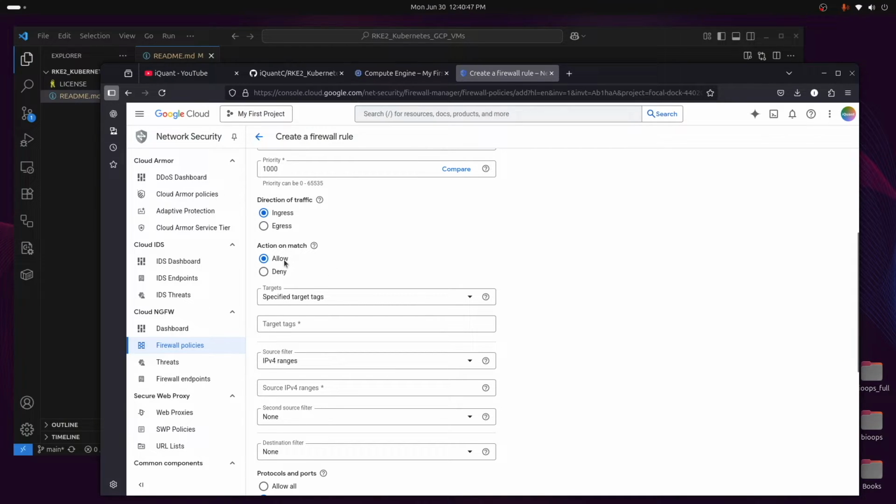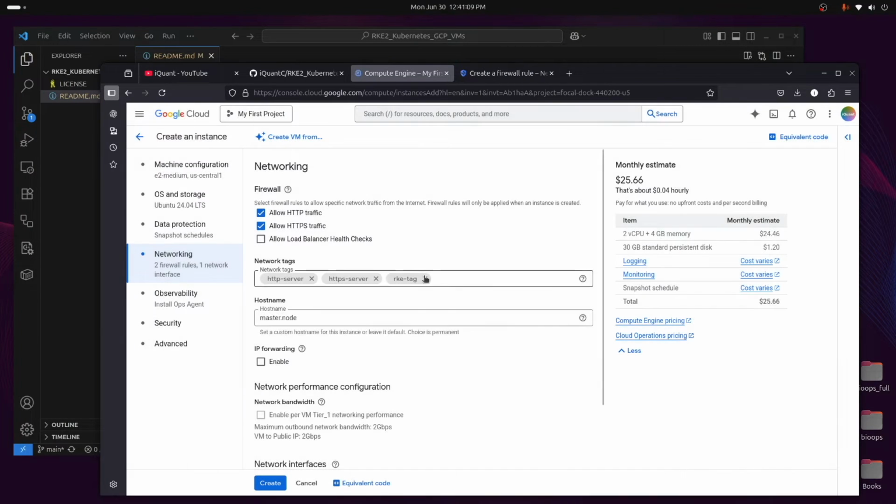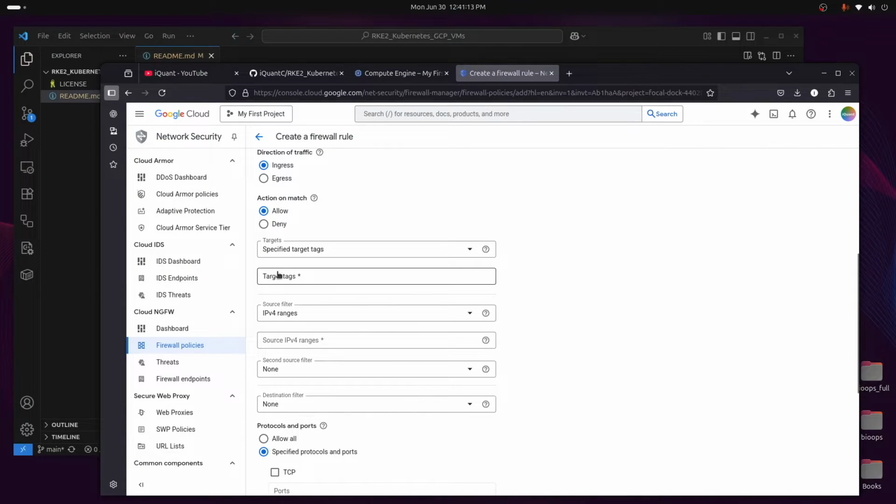Action on match, leave it as allow. And then for the targets, I'm going to keep it as specified target tags. Now remember, we used a tag earlier. This is the tag that we are trying to attach to our instance. And so if I specify target tags, that should attach it automatically. I'm going to type the tag that I created, this RKE tag. Source filter, we are using IPv4 versions. Now for the ranges, let's make it